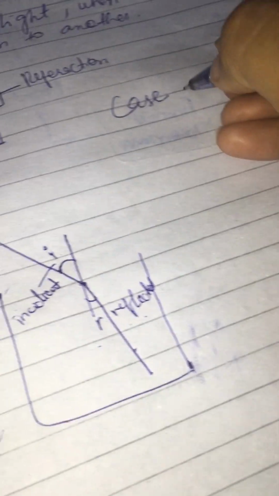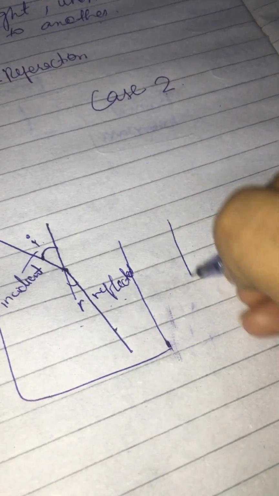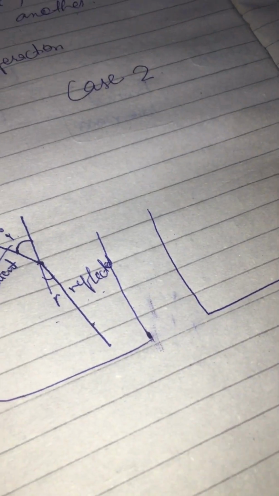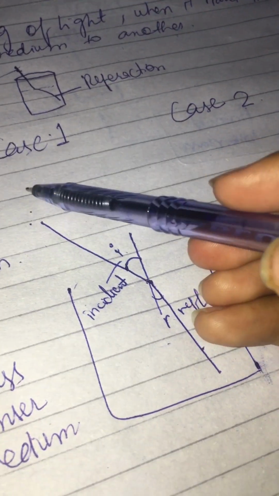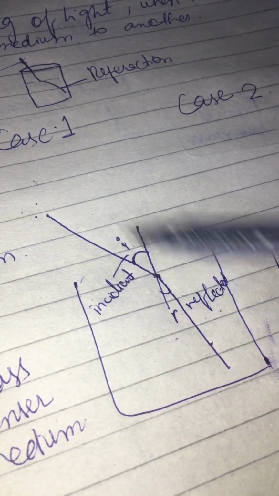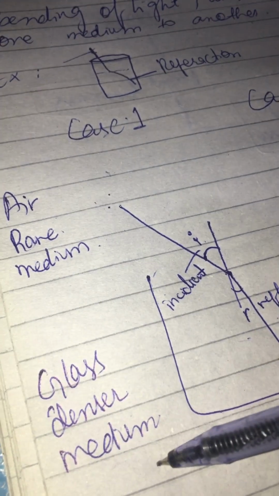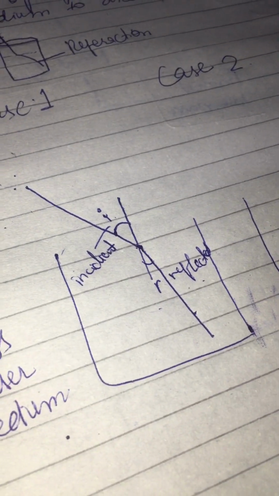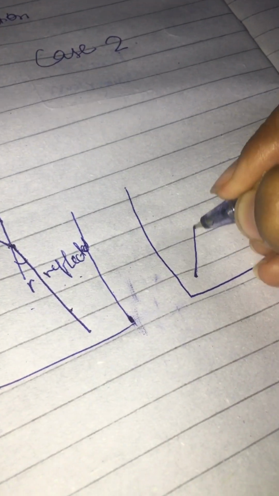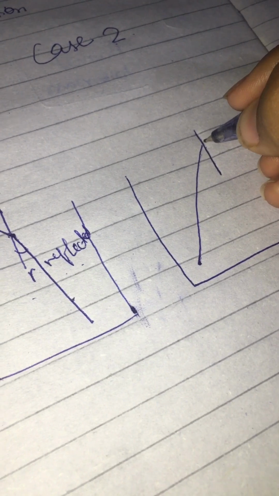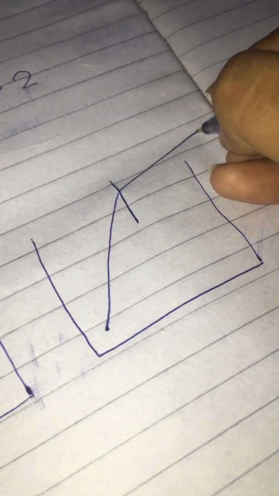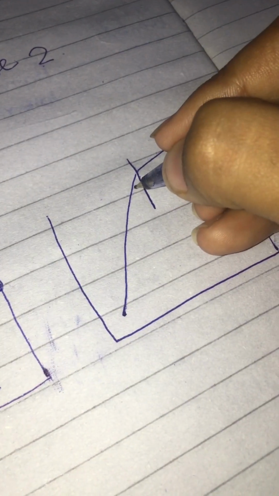So now let's take case 2. What will happen here? We are taking the same glass rod. The ray of light was coming from air, from rare medium to denser medium. Now we will move the ray of light from denser medium to rare medium. How? If we take this ray, and here's the normal line, when it would be refracted, it would be like this. Okay, and the angle between them would be,